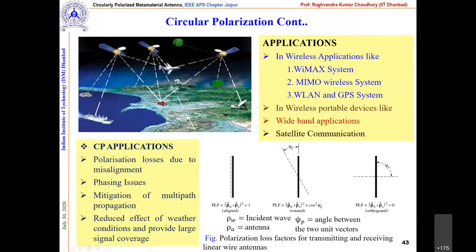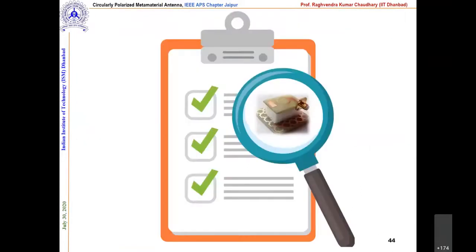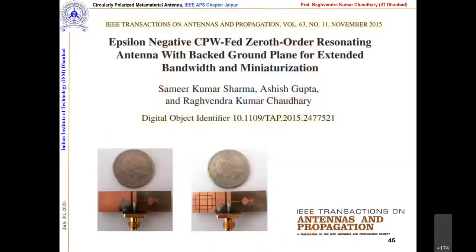But if you improve with the CP property, the chances, the diversity, and the polarization losses will improve. Now, I would like to discuss some of our findings. This is one work done by one of my MTech students, Samir Kumar Sharma. He published it in IEEE Transactions. This is our work, or you can say the first work, based on the ENG